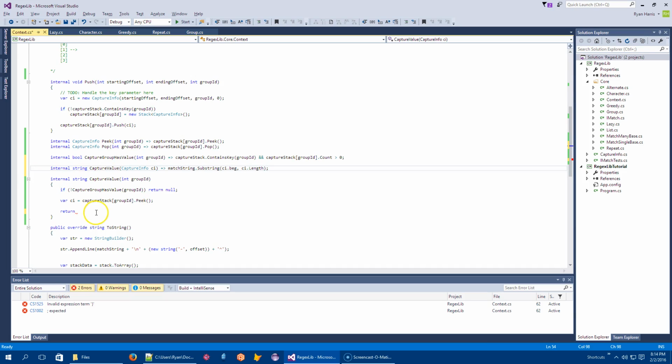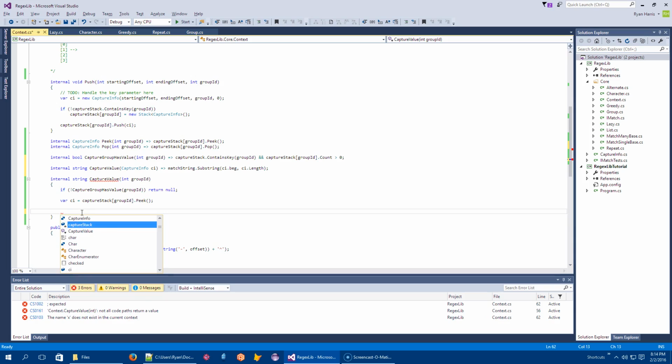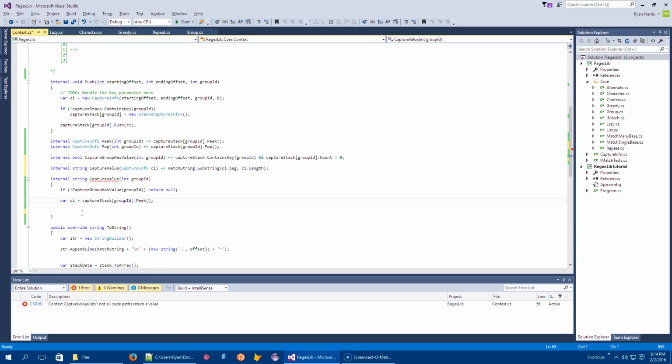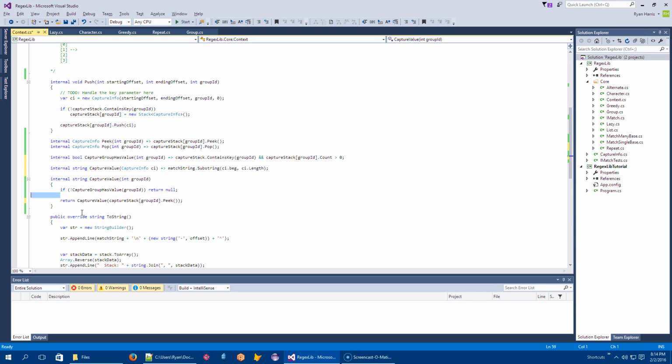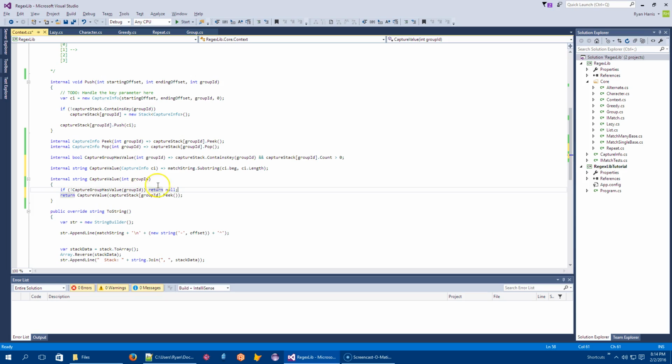And capture value is going to return capture value of peek. All right, I think that ought to do it. That way we can just say, if I have a capture group, I can just go grab it that way. And similarly,